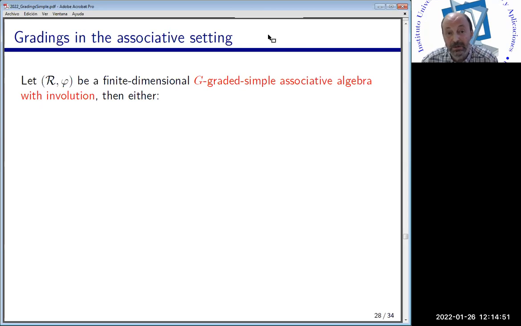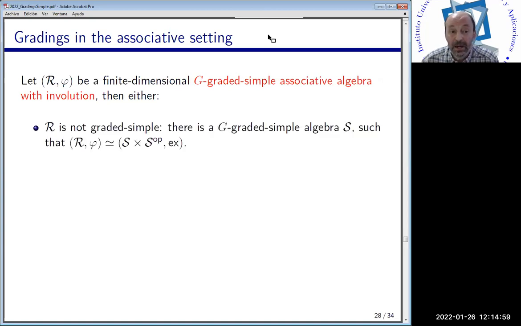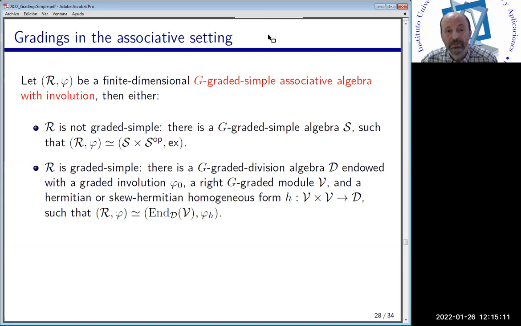If we start with a graded simple associative algebra with involution, we have two possibilities. Either R is not graded simple, and then the involution up to isomorphism is an exchange involution. Otherwise, our finite dimensional algebra is an algebra of endomorphisms of a vector space over a